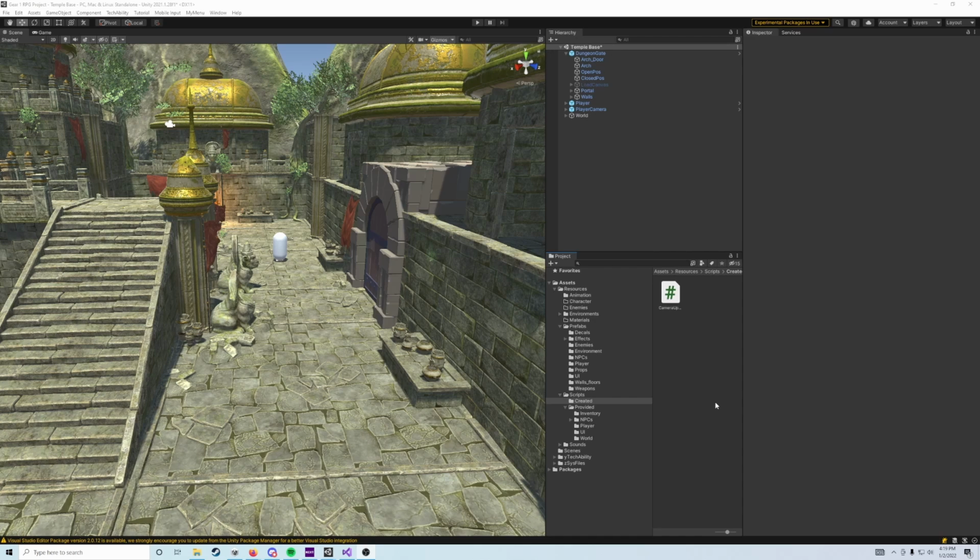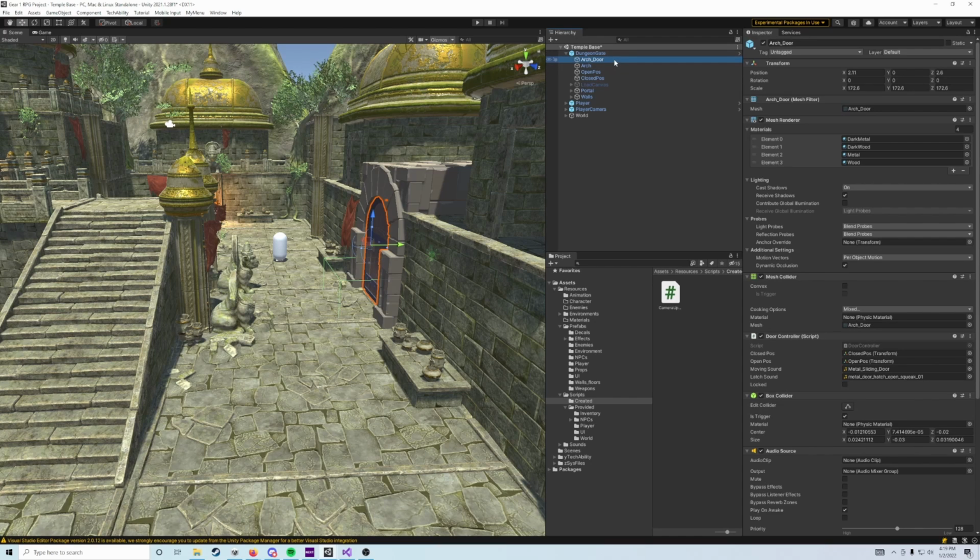Hey everybody, in this step we're going to be making a door that rotates instead of sliding up and down like our doors currently do. So what we need to do to start is find a dungeon gate in one of our scenes. I think the arch door works best for this, so I don't want to use a different game object. You're welcome to try to use something else, but I have a feeling that the arch door is probably going